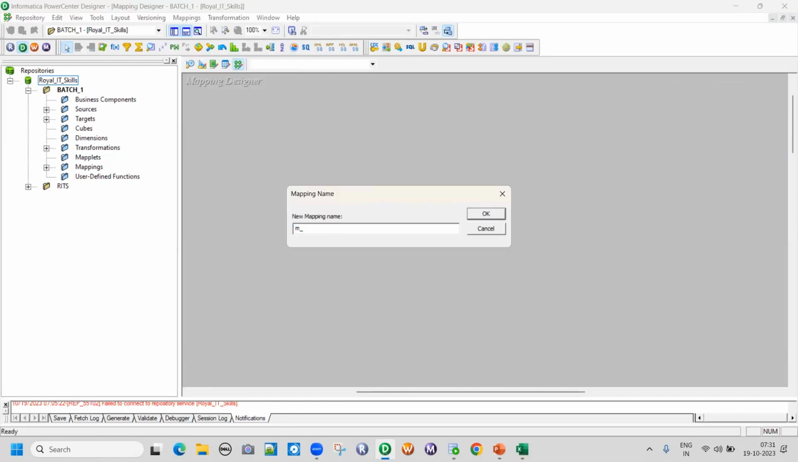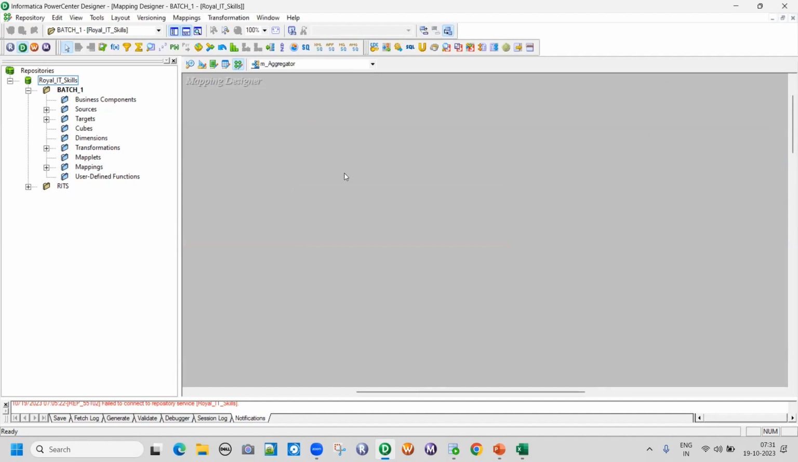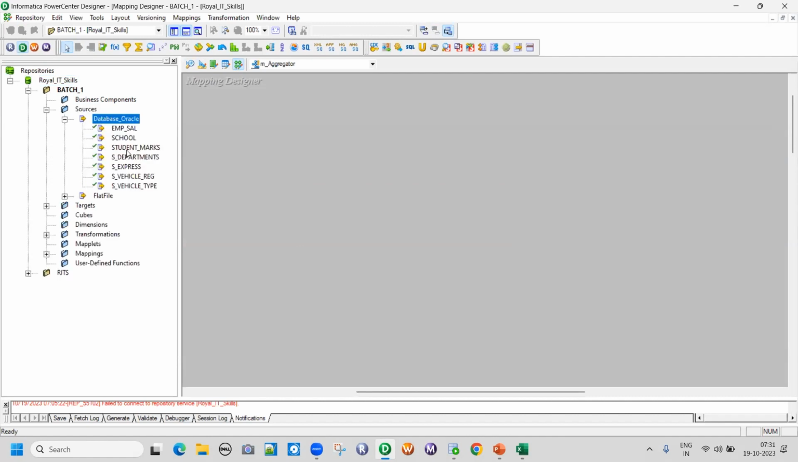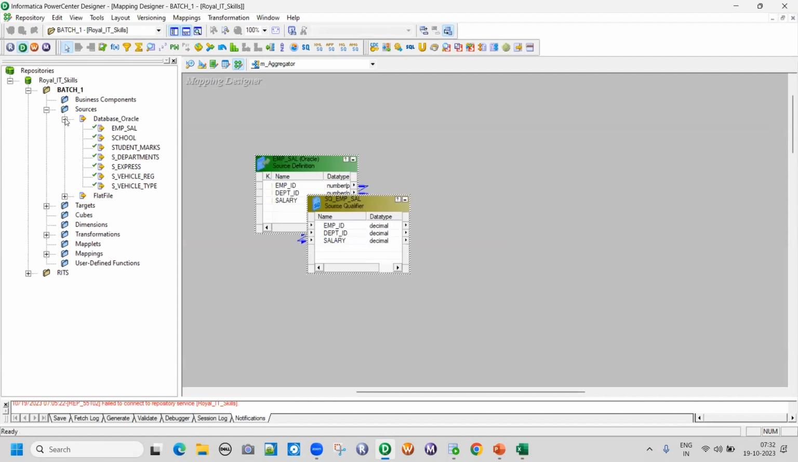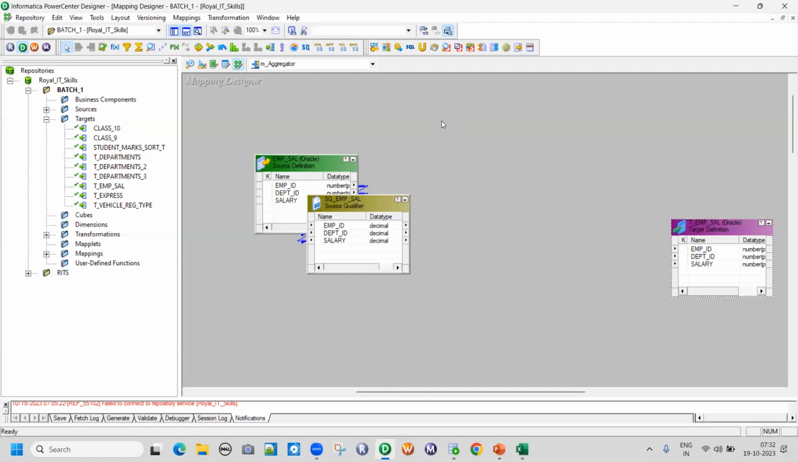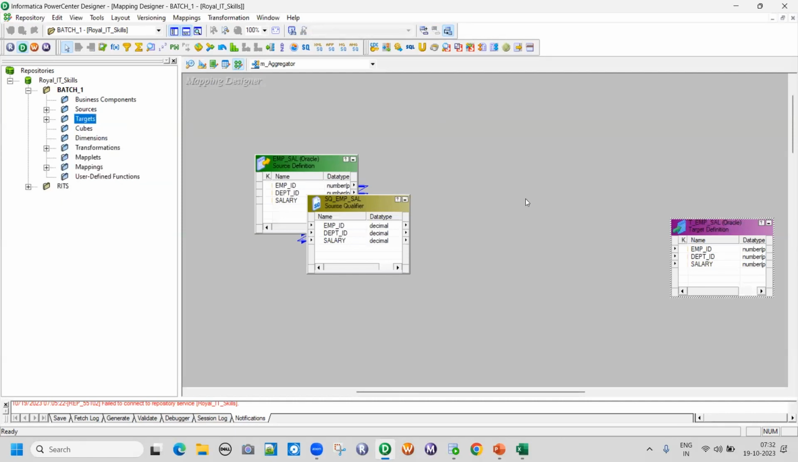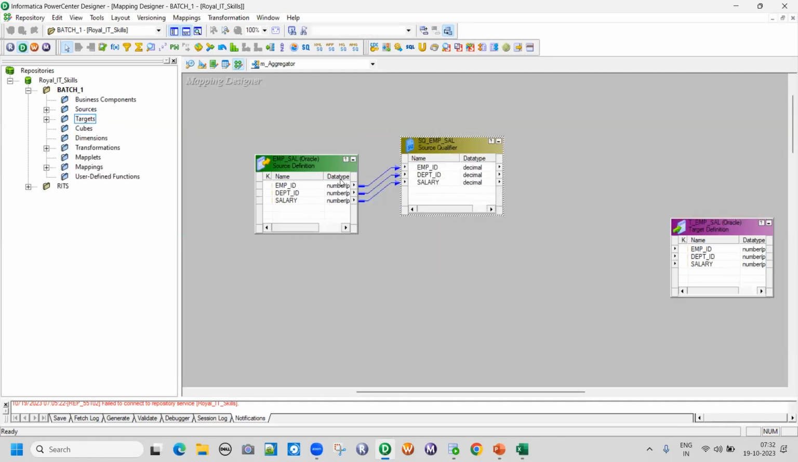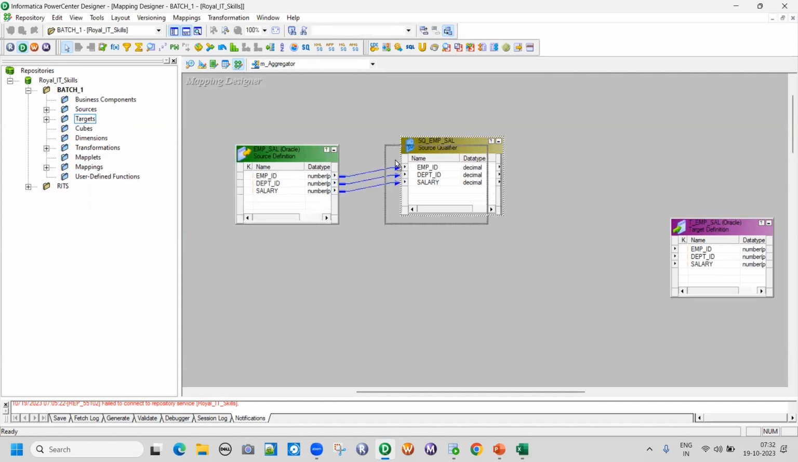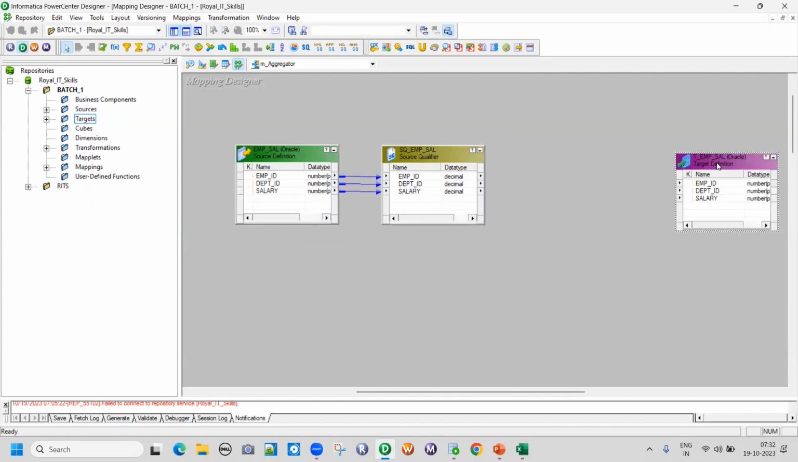M underscore. So aggregator, sources. Source is employee sal. Target is T employee sal. Okay, target is T employee sal. Okay, now I'll simply make use of aggregator. I'm not using anything else. So aggregator, if you see here,